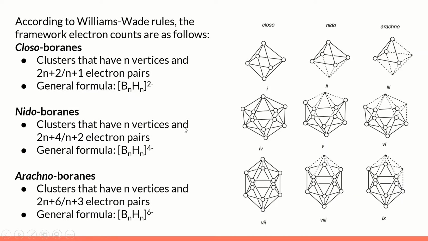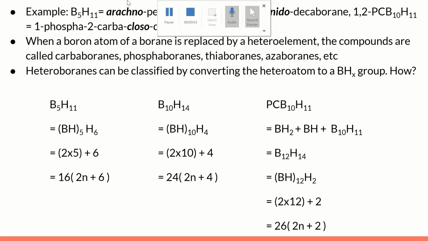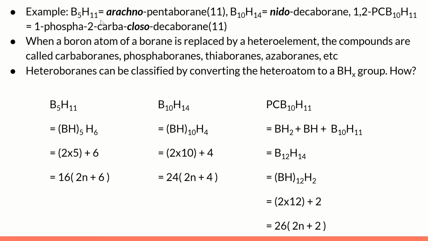Clusters that have n vertices and 2n plus 4 or n plus 2 electron pairs are referred to as nidoboranes. They have the general formula of BnHn4-. Clusters that have n vertices and 2n plus 6 or n plus 3 electron pairs are referred to as arachnoboranes. They have the general formula of BnHn6-. Examples: the complete name for B5H11 is arachnopentaborane, B10H14 is nidodecaborane,